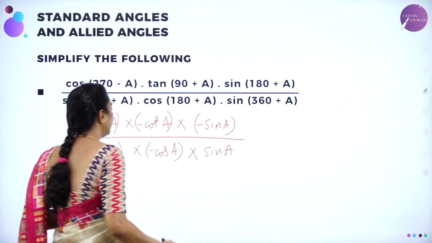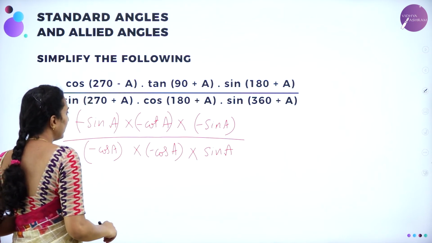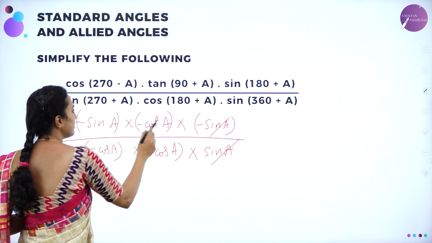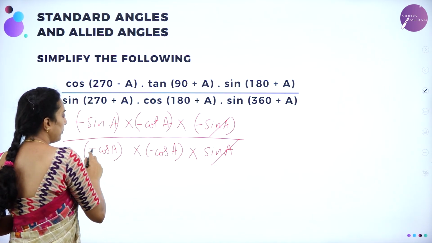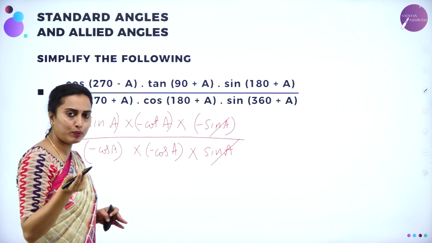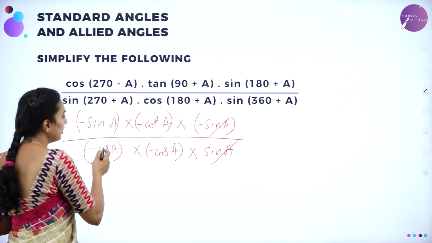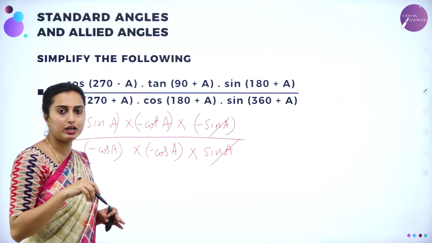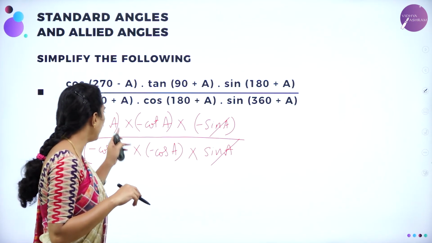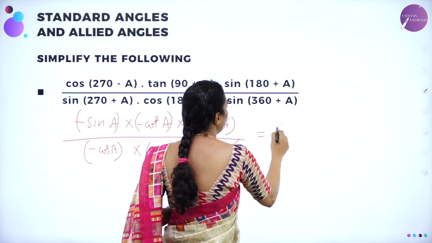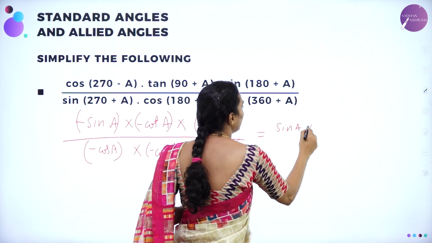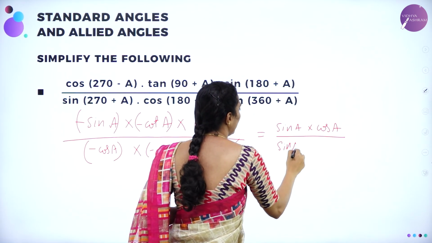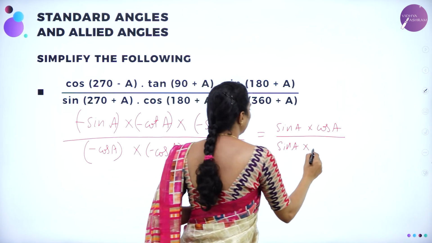Now whatever can be cancelled will get cancelled, dears. Here you are having 1 sin a will get cancelled. Already negative into negative into negative, which is negative, divided by negative. Negative by negative will become positive. So therefore you are having here the value is equal to, see, this cot a can be written as cos a divided by sin a. Therefore by writing that one, which will imply sin a into cos a divided by sin a into cos a into cos a